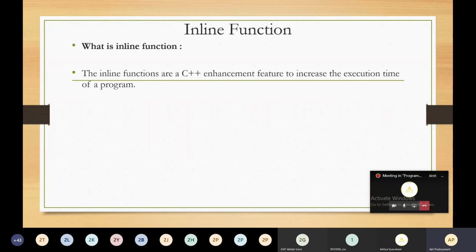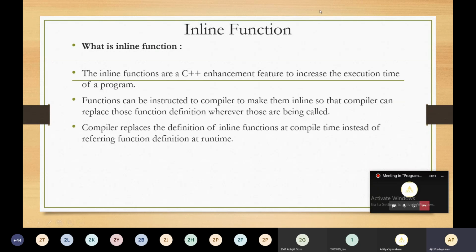Functions can be instructed to the compiler to be made inline so that the compiler can replace those function definitions wherever they are called. So the compiler replaces the inline functions at compile time instead of referring to the function definition at runtime.